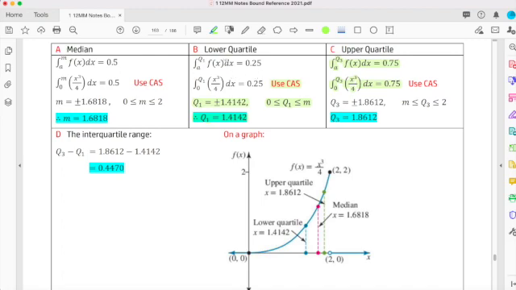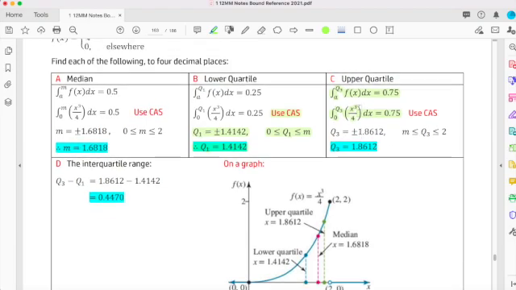Lower quartile, pretty much copy what you did over here, except change the 0.5 to 0.25. And likewise over here, change the 0.25 then to 0.75 and solve. Note that in each one of these three, you had to pick between the positive and negative values for this particular function,